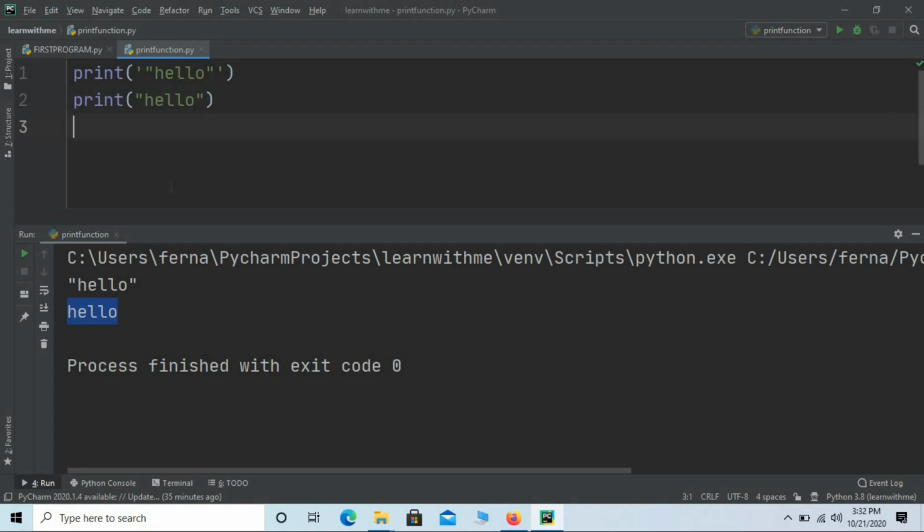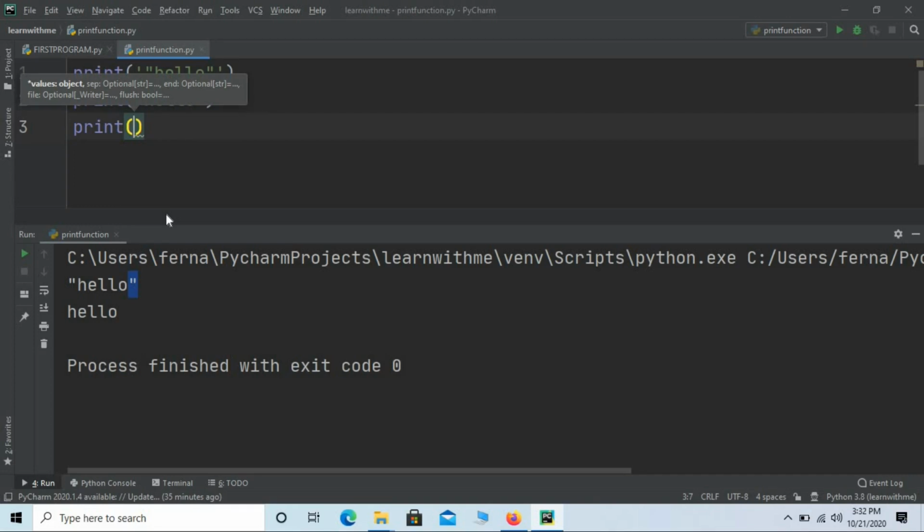Now say I want to display my output message within single quotes, right? Instead of double quotes, I want to replace it with single quotes. So what can I do? I can use the same statement as above. The only thing I have to change is to interchange the double quotes and the single quotes. That is print, open and close the brackets of the print statement.